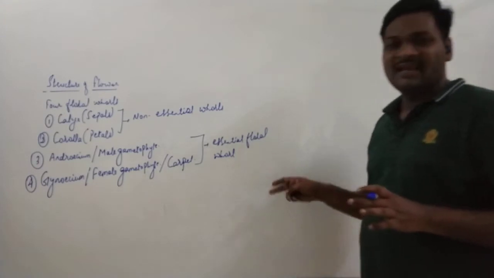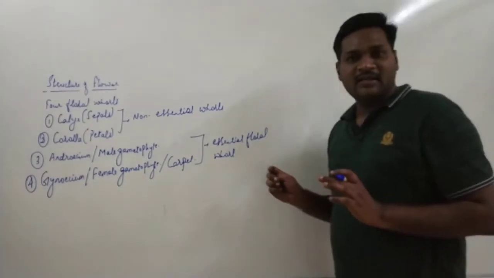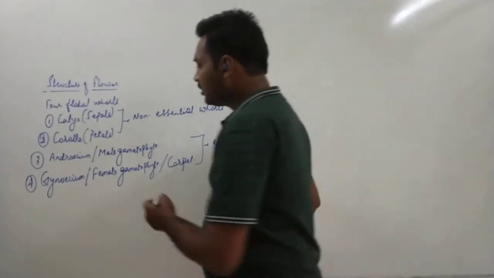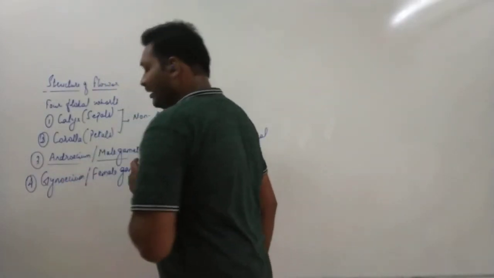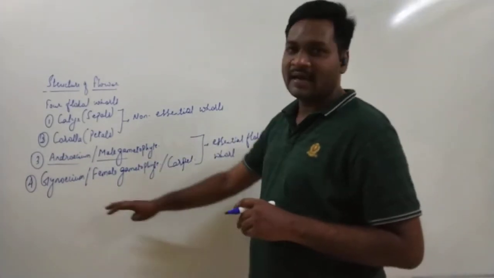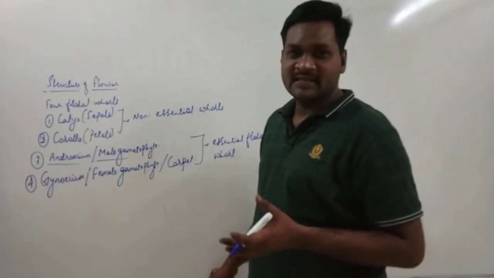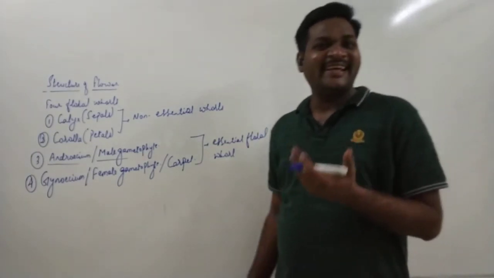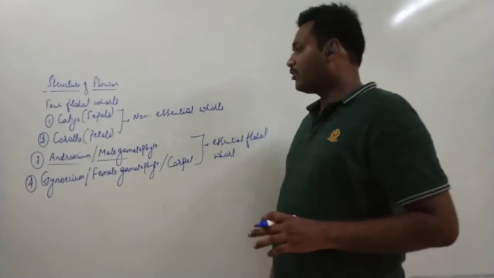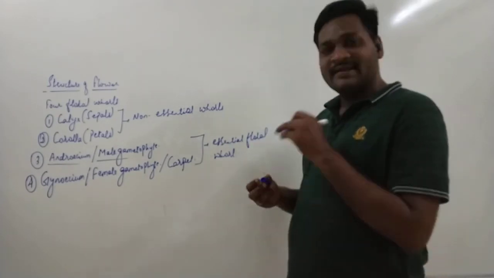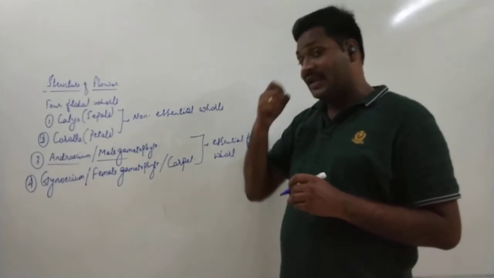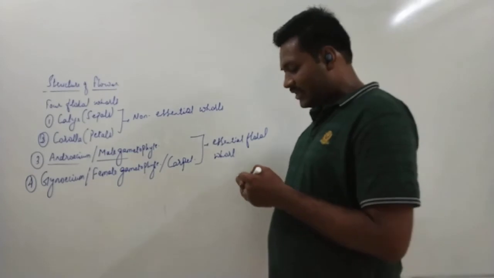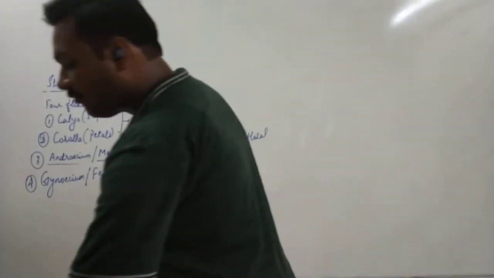So this is some basic information on the typical structure of a flower. Now today we are going to discuss these structures in detail, that is the androecium and gynoecium. What each represents and what it actually does, and how sexual reproduction takes place in flowering plants. Let's start with the first, the male gamete, and study how the male gametophyte develops.